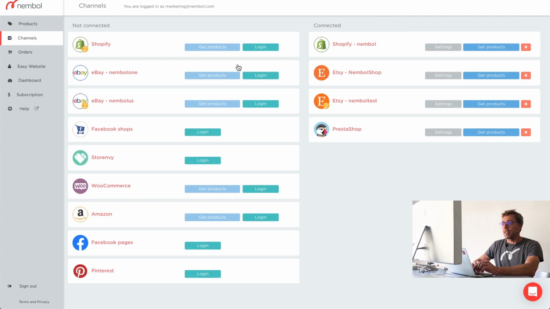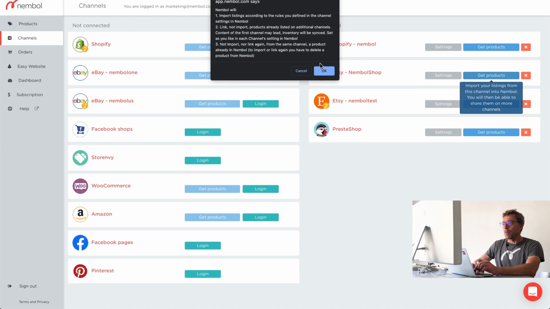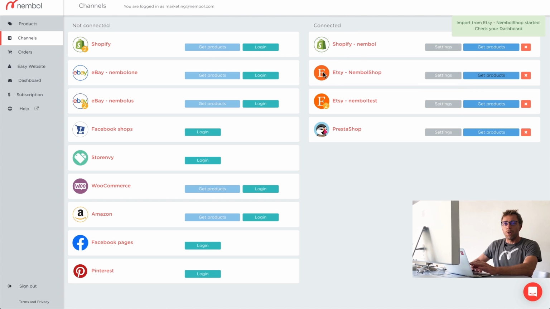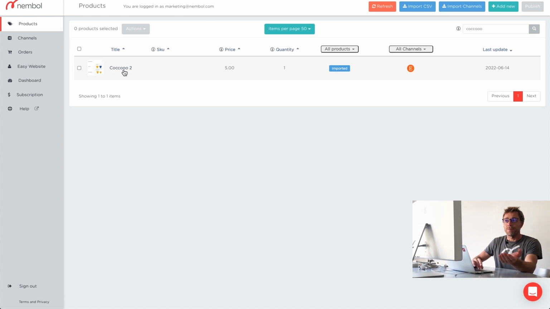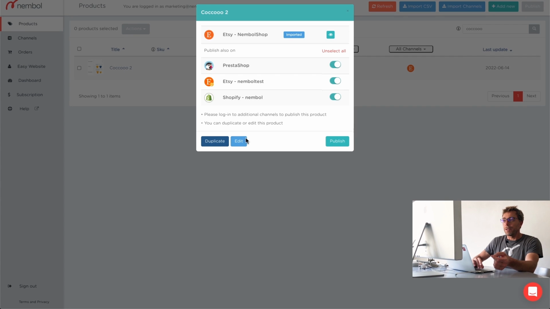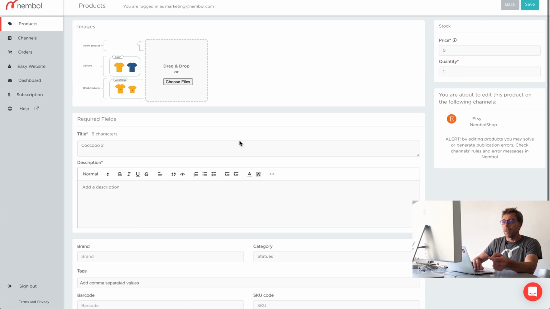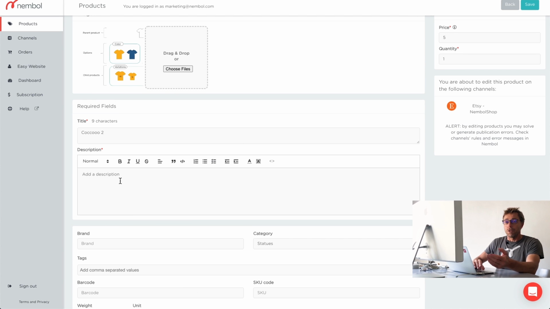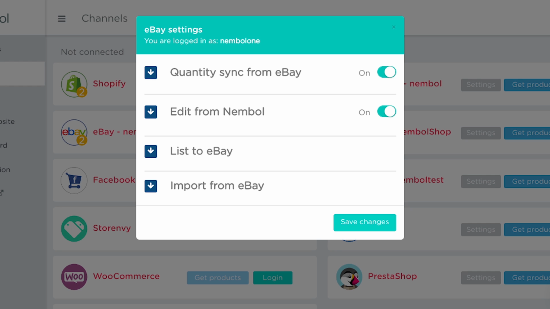We change the settings. We go in Nembol shop, get products again, and no products will be imported. Just that single Cocoa will be updated into Cocoa 2. There it is. See, in Nembol, it became Cocoa 2. And if we open it, we're gonna have description, add a description. So we showed you how to edit your products within your Etsy account. And hence,